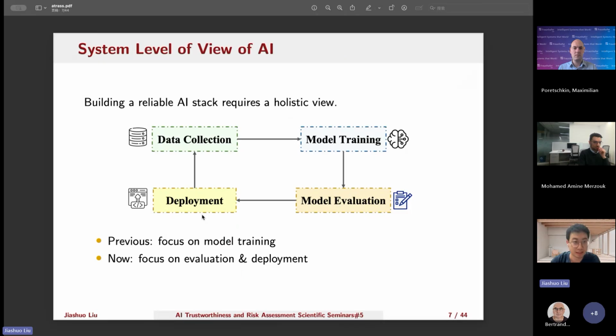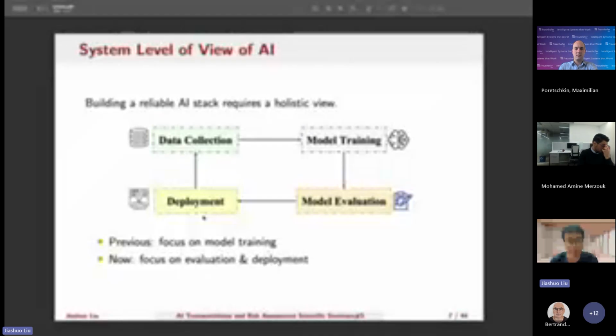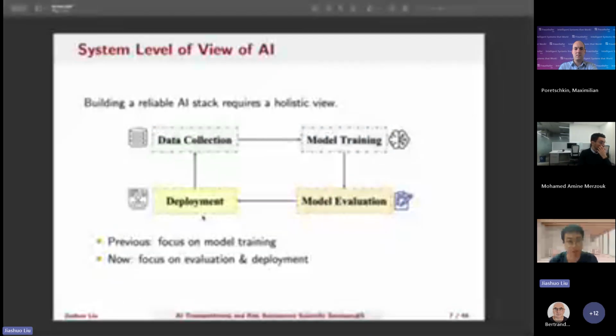Therefore, in this talk, our key point is that building a reliable AI system requires a holistic view, including data collection, model training, model evaluation, and also model deployment. Most of the previous research mainly focused on the model training stage, where we have many kinds of model architectures, many kinds of training algorithms, and many kinds of loss functions. However, what we are calling for in this talk is that we need to shift the focus from model training to model evaluation and also model deployment, which may be even more effective to deal with distribution shifts and